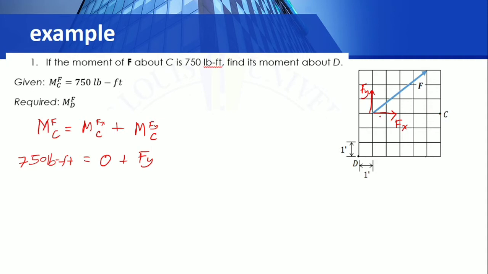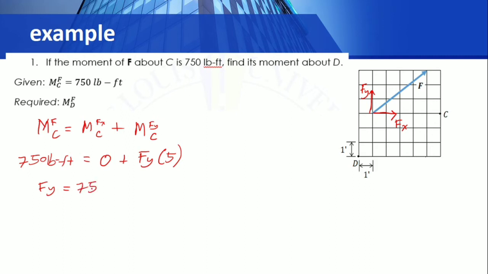So ilan yung sukat natin times distance? So 1 inch or 1 feet yung equivalent ng isang square. So ilan yan? So 1, 2, 3, 4, 5. So, i-multiply natin ng 5. So, yung moment natin, so makukuha na natin yung value ng f of y. So, yung value ng f of y natin, that will be f of y is equal to